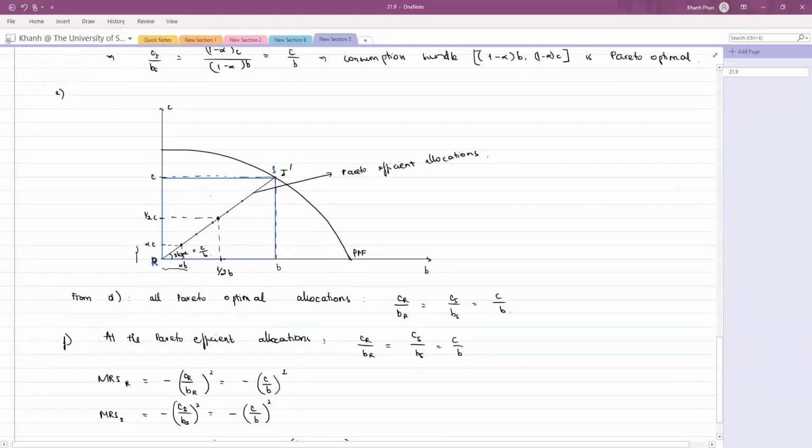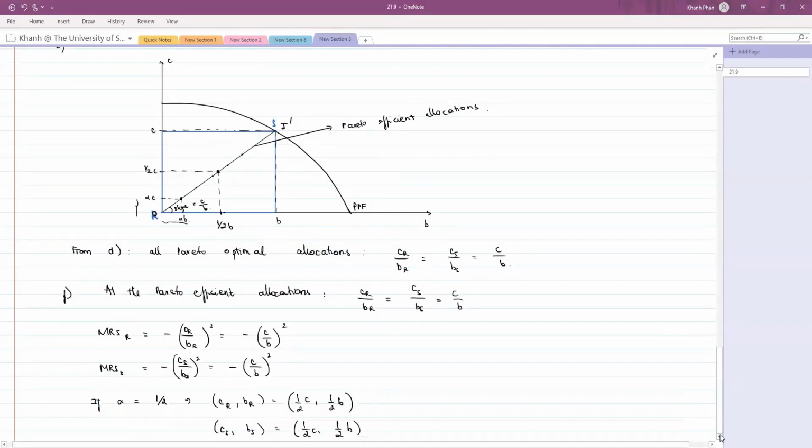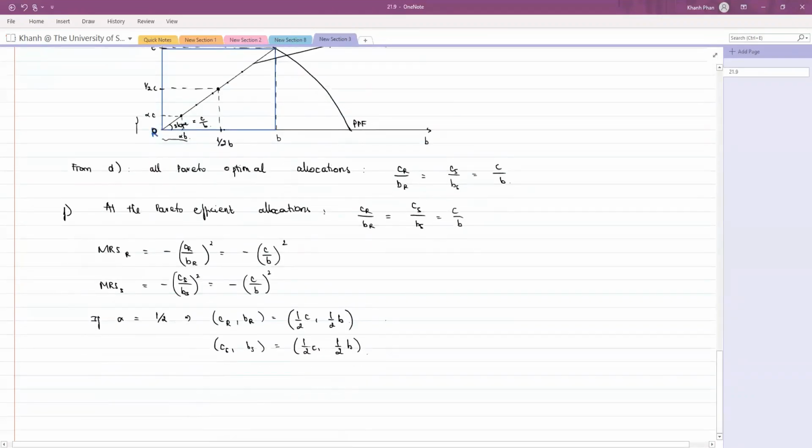All right, so when you draw, you just have to make sure that the two indifference curves are tangent to each other, okay? So we know that the marginal rate of substitution for Recharge over here, which is the slope of the indifference curve, is equal to negative C over B squared,